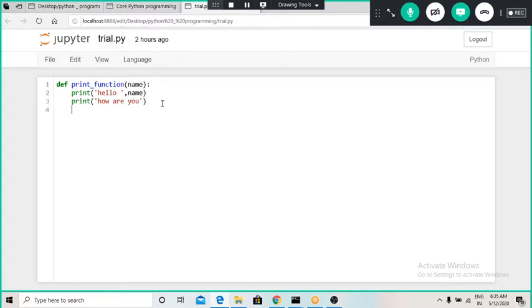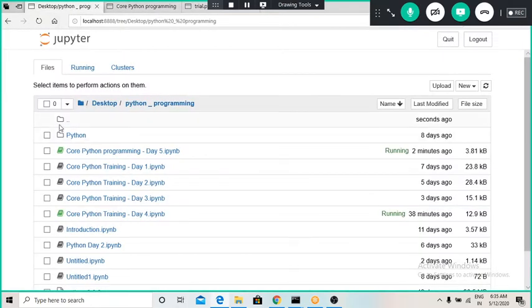We can define many other functions also, and now I will save this entire file. For saving we can use Control S or anything like that. Now I will show how I went to this file. For going to this file I have to make sure I am using the Jupyter Notebook GUI.